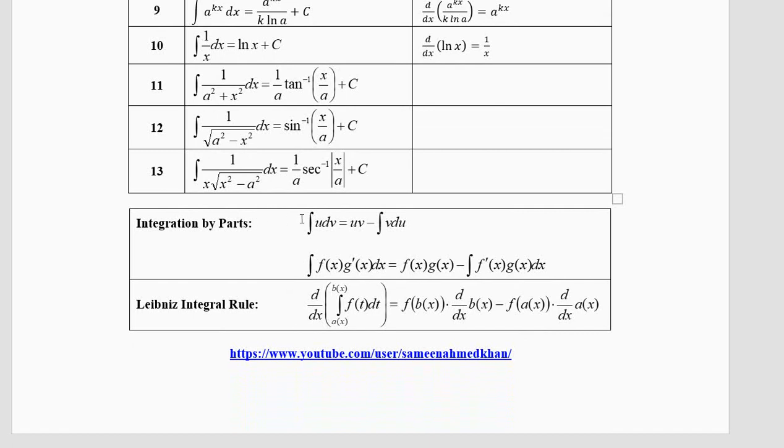Now the next formula is integration by parts. When you multiply two functions and try to integrate them, you need a new formula, and this we'll discuss in a separate chapter for 3-4 classes. Finally, we have the Leibniz integral rule, which will help you to differentiate an integral whose limits of integration may not be numbers. And this is the formula. We do not need it in the first part of the semester. We'll discuss these two things after a few days in detail.